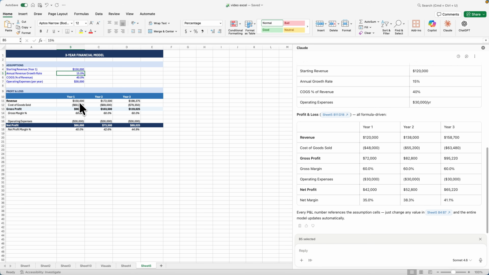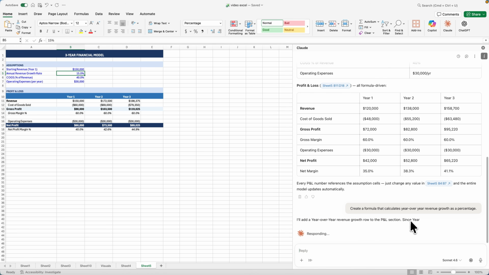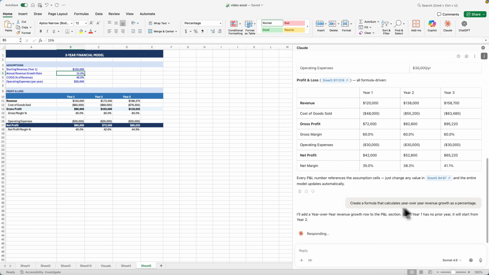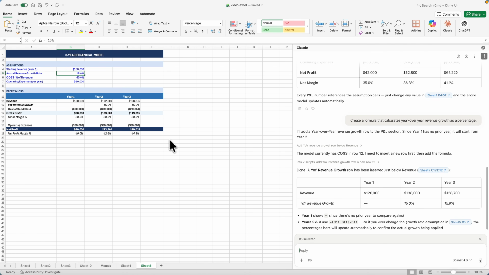Now, next step, you can, for example, add a new formula. Create the formula that calculates year-over-year revenue growth as a percentage. And it should add some new row. So you can see it added this new row with the formula, but I already have annual revenue growth